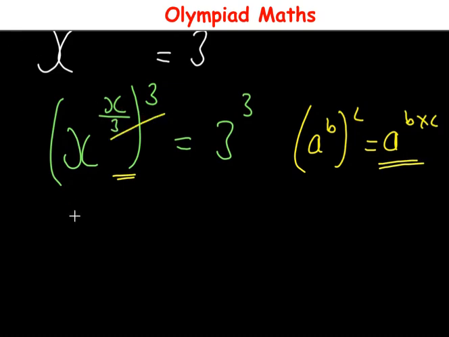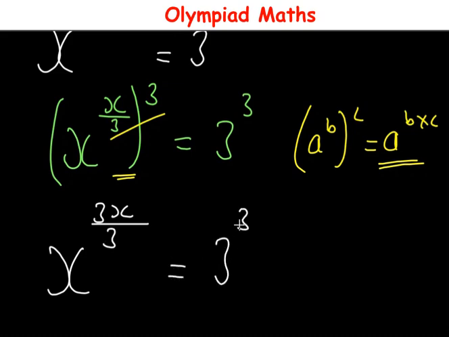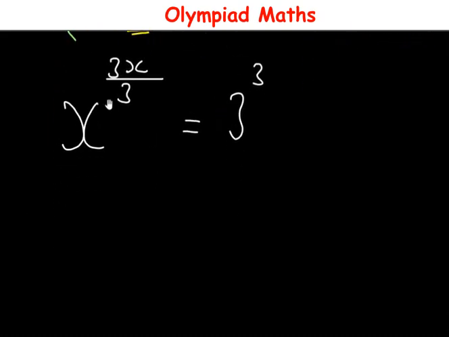So what we have is x raised to power 3x over 3 is equal to 3 raised to power 3. With this, 3 divided by 3, we have x raised to power x is equal to 3 raised to